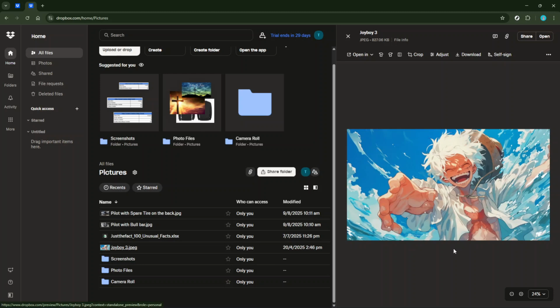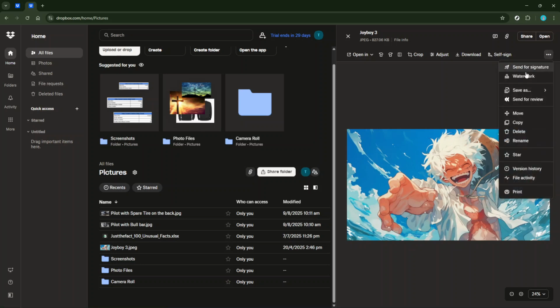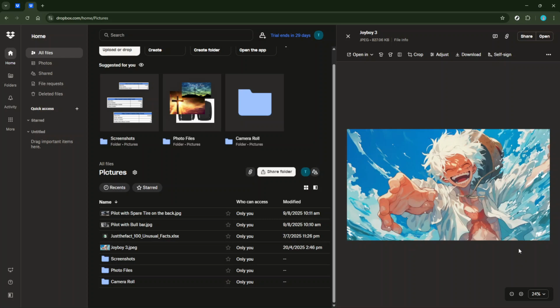Before you start making changes, it's crucial to ensure you have the right permissions. In Dropbox, you need Can Edit permissions to make modifications to a document. If you're unsure whether you have this access, you can check this by observing the sharing settings associated with the file. If you're unable to edit, you might need to reach out to the file's owner and ask them to grant you editing permission.